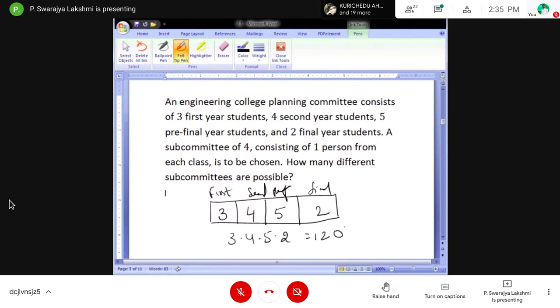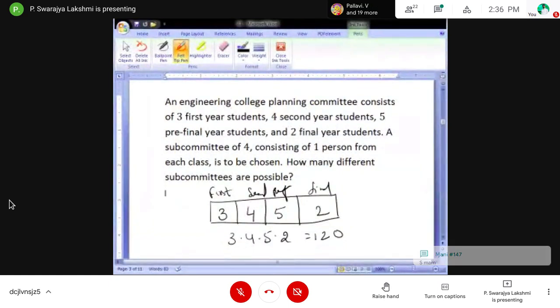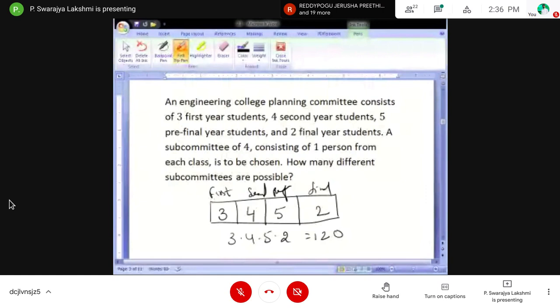So we have 120 possible ways to select a subcommittee consisting of one person from each class. Is it clear?